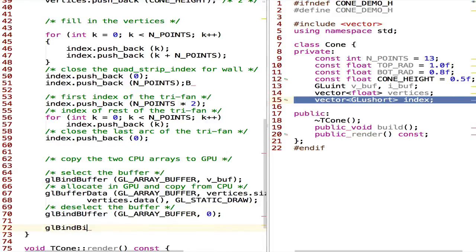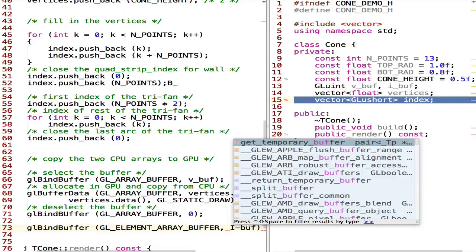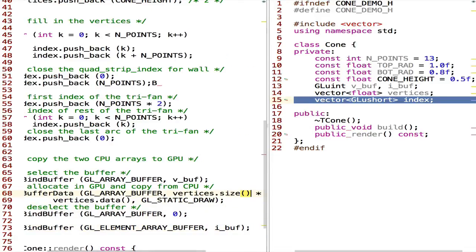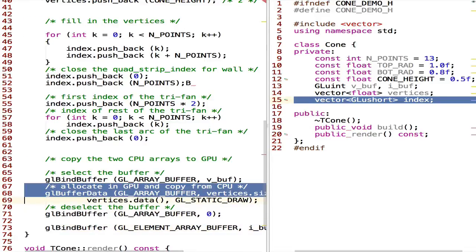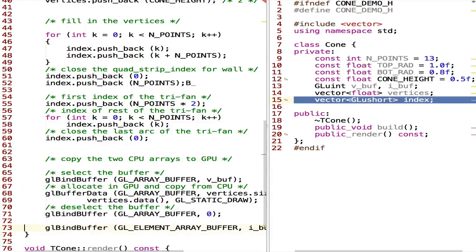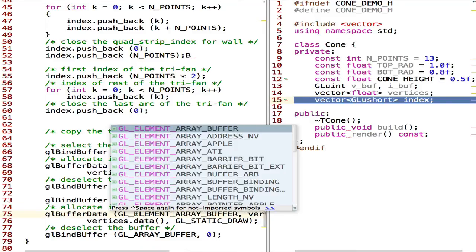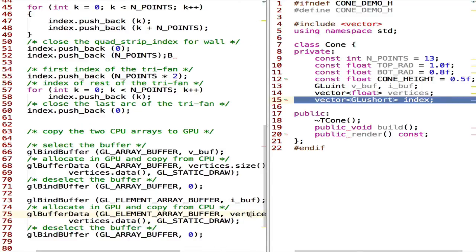index array. I want to bind buffer, and the type will be element, GL element array buffer, and my index buffer is ibuff, lowercase. And I can repeat the copying and the allocation and the unbinding or the selection, and make sure that we change that to element array buffer, and the size of memory would be